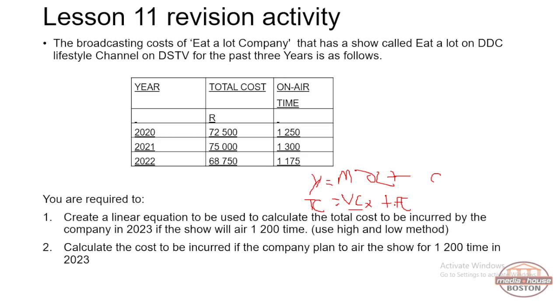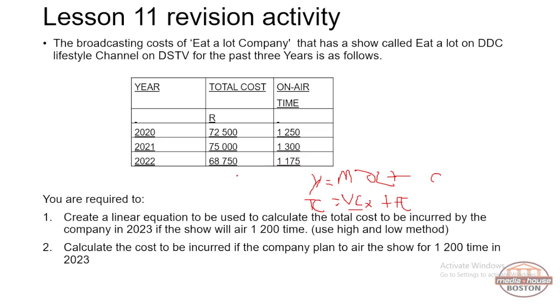So the cost for the past 3 years have been identified to be as follows. Every time the show gets to be on air for the past years: in 2020, it aired 1,250 times, and the total cost was 72,500. In 2021, the show aired 1,300 times, and the cost was 75,000. In 2022, it aired 1,175 times, and the total cost was